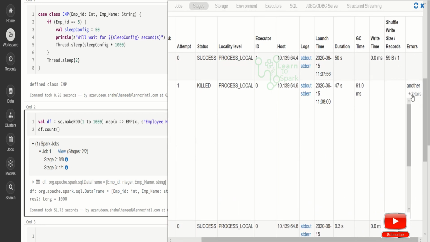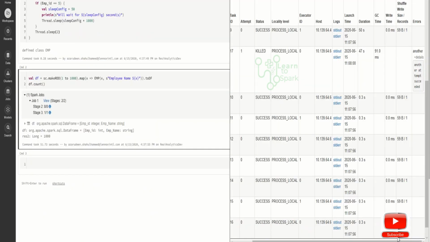And if you click on the details, you can see another attempt succeeded. That's why it got killed.